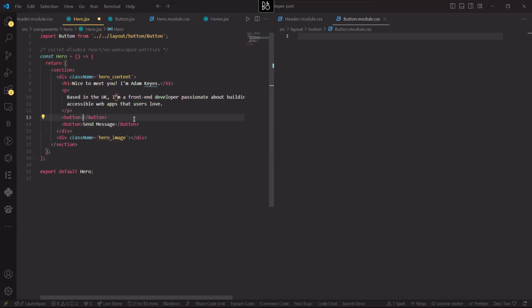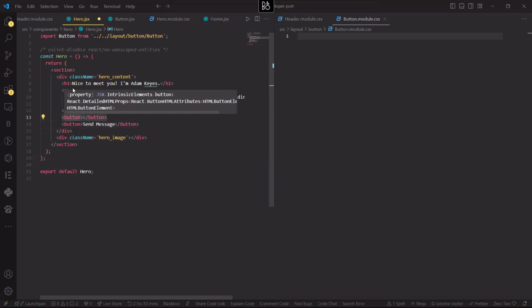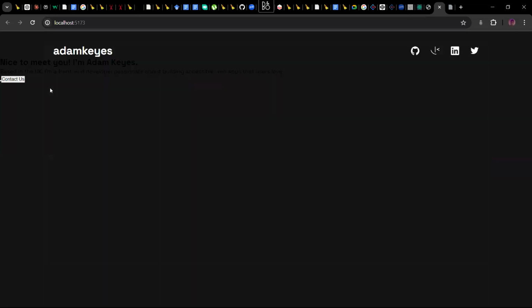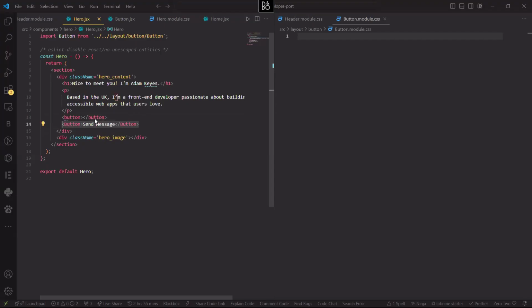Now the difference is if you are doing this, it means that this is a component. But if you are doing this, it means like an HTML element or HTML tag. That's the difference between the small letter and the capital letter. Do you understand? So you're doing a capital letter Button. It means that this particular button is a component. So if I come back here now and see, you see that it's not showing the send message